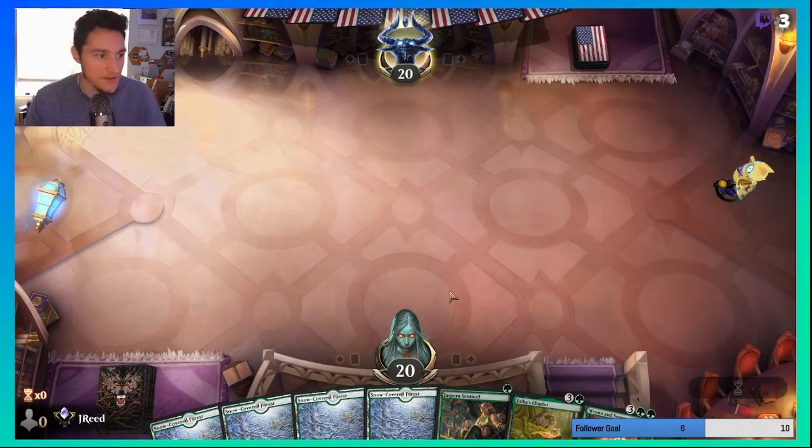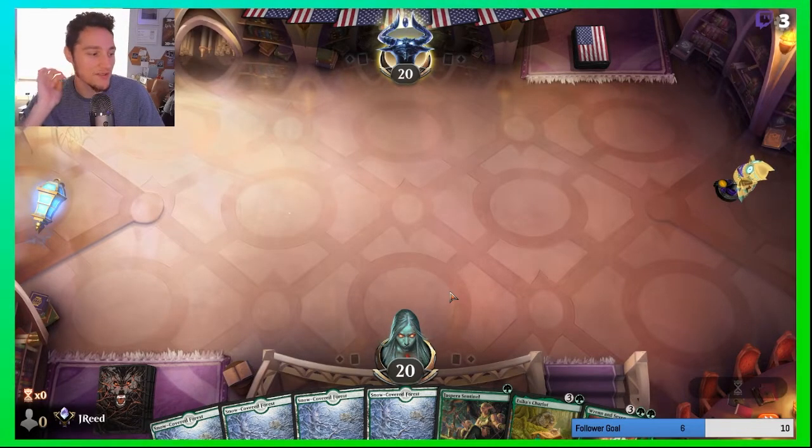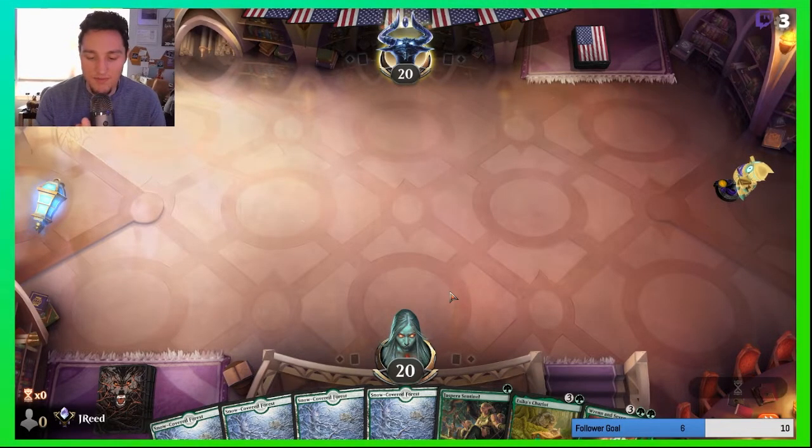Alright, just waiting for our opponent. And this is the problem. Once you get higher in the rank ladder, it always seems like your opponents just take longer to do whatever they're going to do. So what I've noticed with this deck,